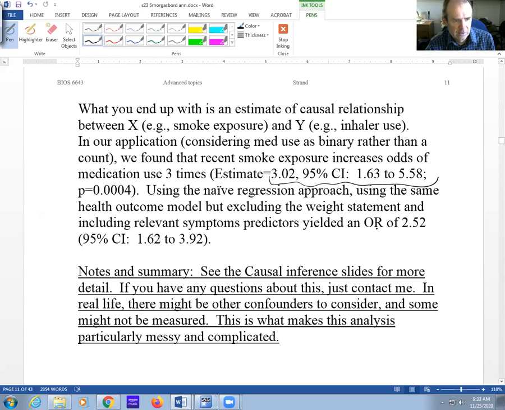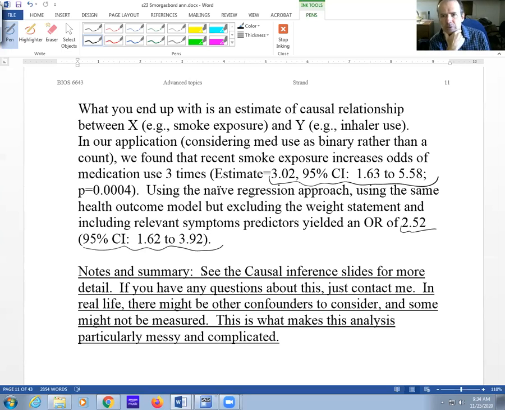And if we just use a situation where we add in symptoms as a predictor, then the odds ratio is not quite as large. It's 2.5, and there's a confidence interval. If you do a regression without symptoms and you don't use marginal structural models, then it actually goes in the